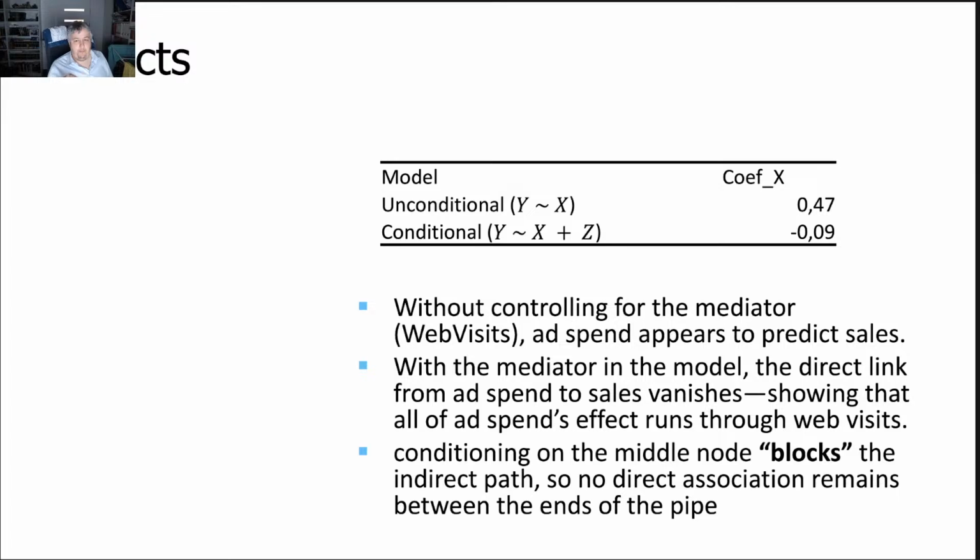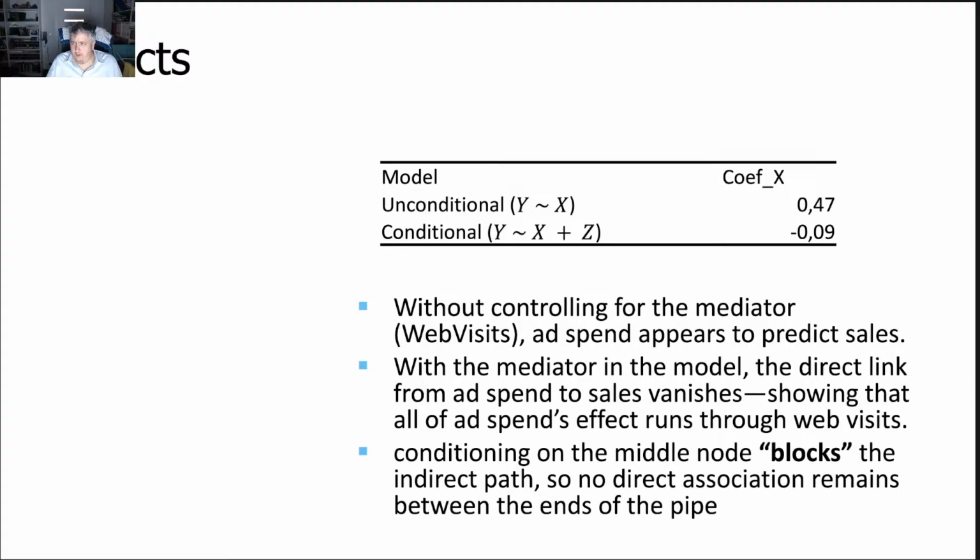It's showing that all of that ad spend effect runs through web visits. So conditioning on the middle node blocks that indirect path. So no direct association remains between the ends of the pipe. So what does it mean? That means that